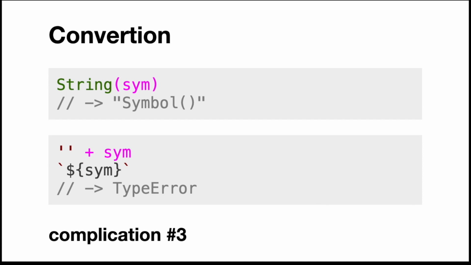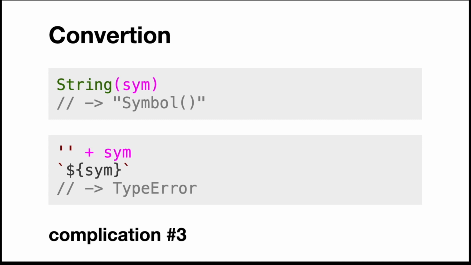Strings. And this is the funny thing, because sometimes you can convert it and sometimes not. This is actually one of the things where I think it's logical, but it's very confusing. So how to remember that? If the conversion is explicit, meaning I say the word String in there, meaning I do String(symbol) or I do a symbol.toString() call, it works. I get a string. It's not a useful one, usually, but I get it, right? If I try to do it implicitly, meaning in a template string or adding it to another string, it will again throw a type error.